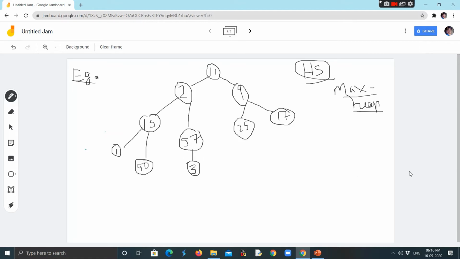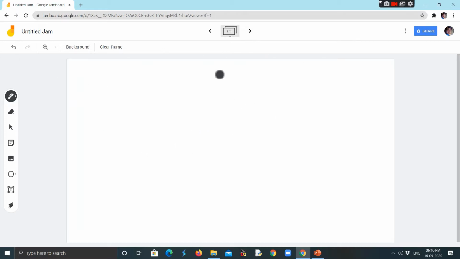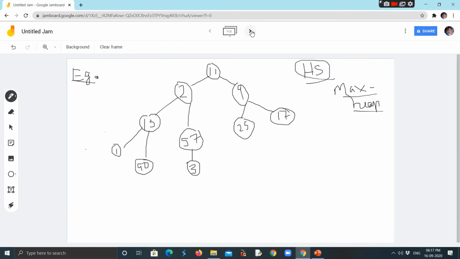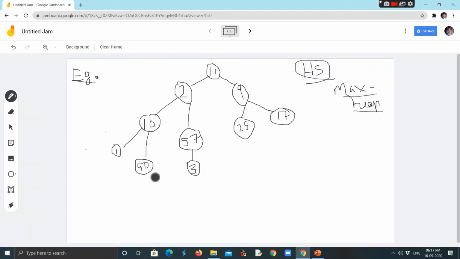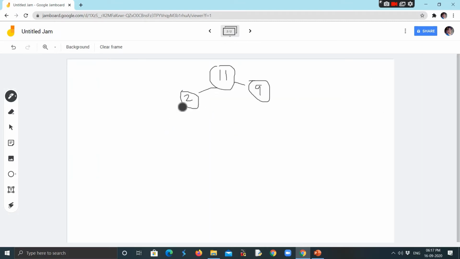We'll see now. Similarly, I'll do it step by step once again. 11 to 9, okay, fine. Now as 90's value is more than 13's value, 90 will replace 13, so 13 will take 90's place, and they both interchange.